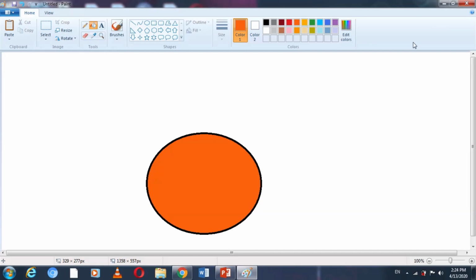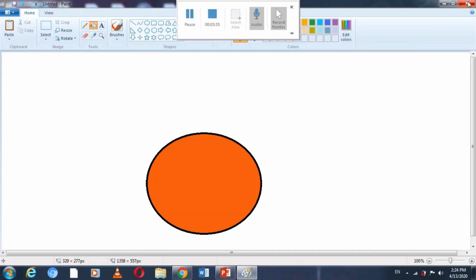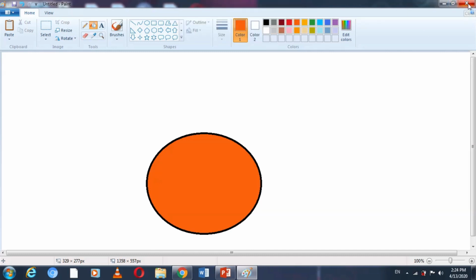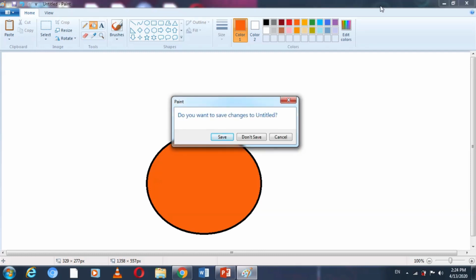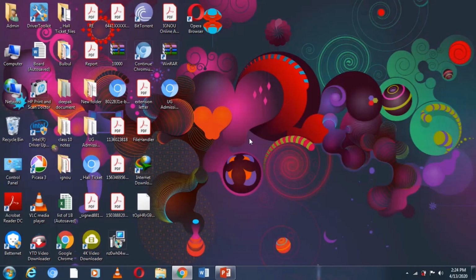Afterwards, how to close the file. You just simply go to the extreme right, you will see a close option. You will click once here and then a dialog box opens. You will see 3 options: save, don't save, cancel. Right now I'm not teaching you how to save the file. So click on the middle one, don't save, and it will not get saved. Understood? Now you have to practice this.